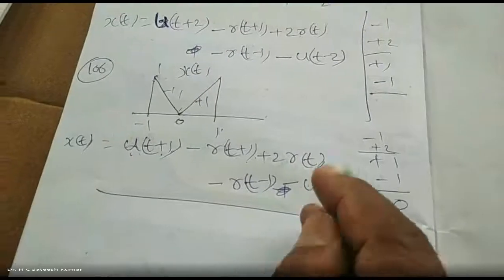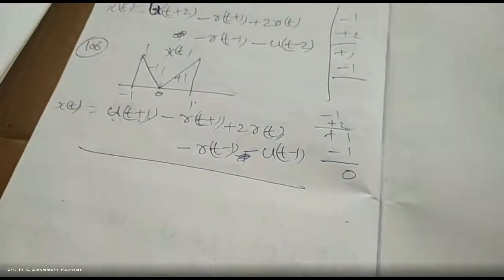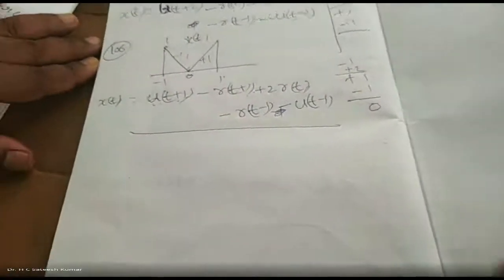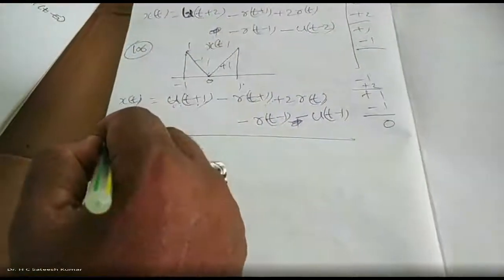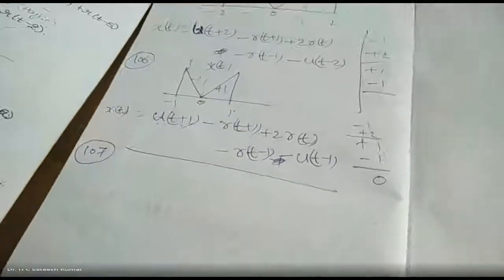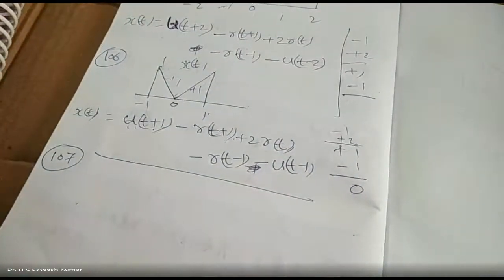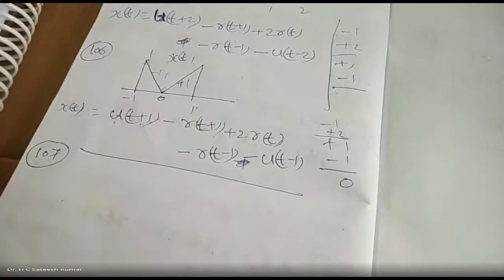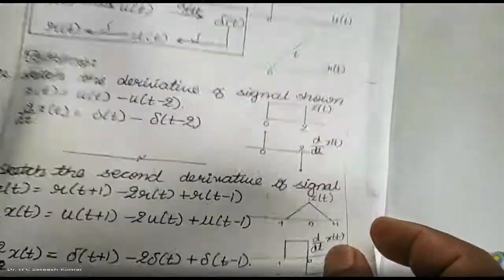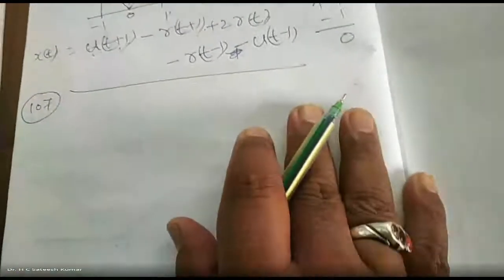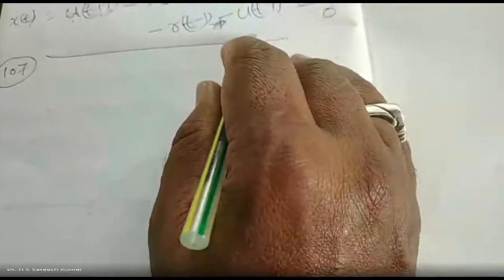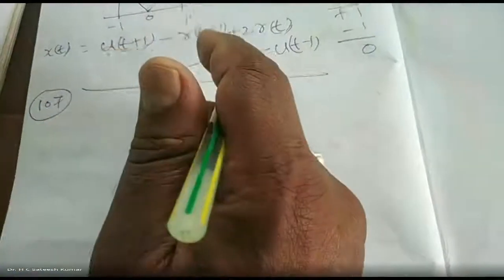So this kind of problem, now you can create your own problem and do it. Think it over, and if you're finding it difficult, bring it to me and I'll do it. This kind of problem we have seen in many papers. Based on this, there are some examination problems, and differentiation also. Look here. Now, sketch the derivative of the signal. We'll come back to the problem. Sketch the first and second derivative of the signal.